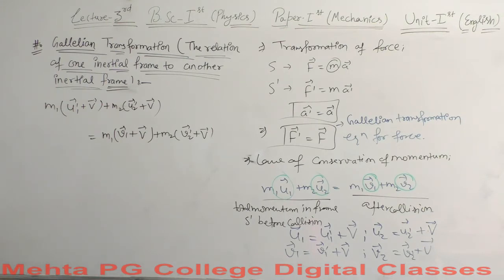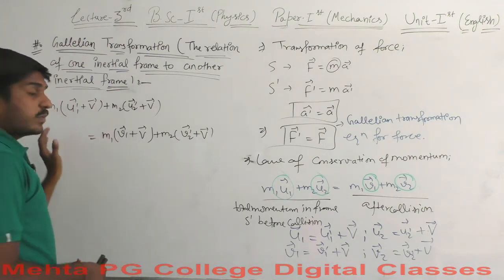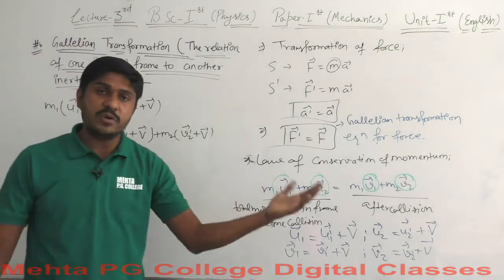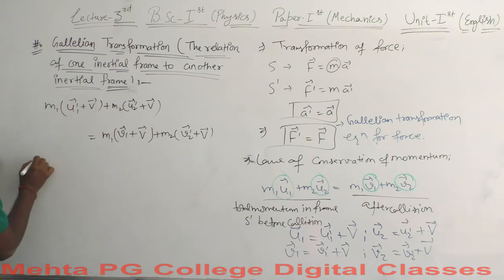Keeping in mind we have these values V here, the m1 V and m2 V terms will be cancelled out on both sides, and what we will end up having is